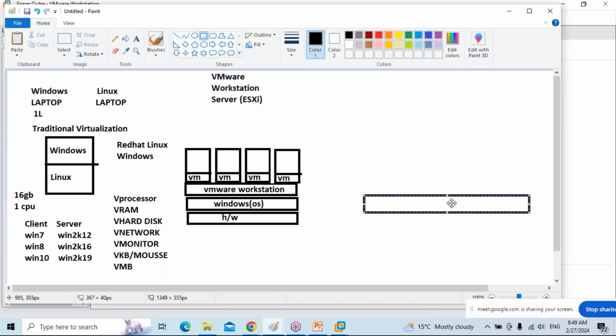What is the difference between workstation and server? Why is it called a server? Server means what? This server I purchase for 2 lakhs, 4 lakhs, 10 lakhs. There are some servers at 1 crore, 2 crore also. All these are higher-end hardware.